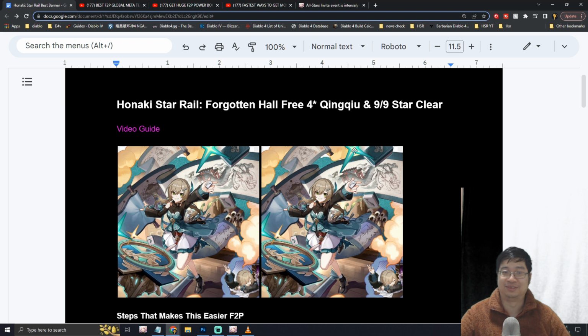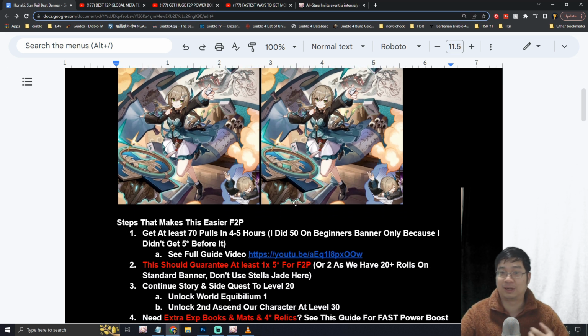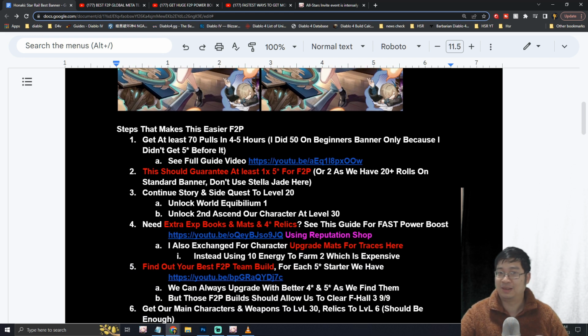So coming over to our notes. Now in case you guys didn't know, if you have unlocked Forgotten Hell with Trailblazer level 21, you do get a free 4-star character and also 600 free Jade by clearing the first 3 stages. So this is what this video is about, but this also provides additional information about a lot of things in the game. Now if you have done some of the steps, you can skip them, but if you haven't,